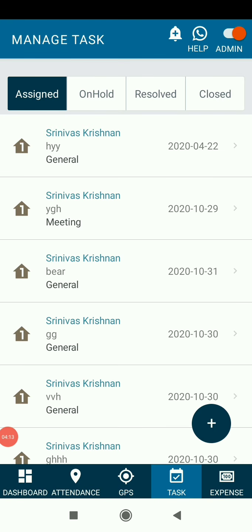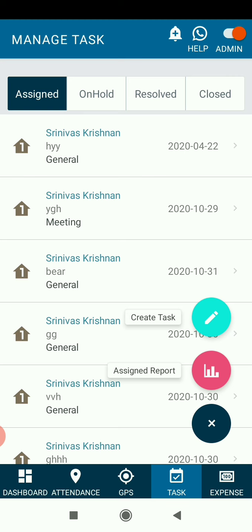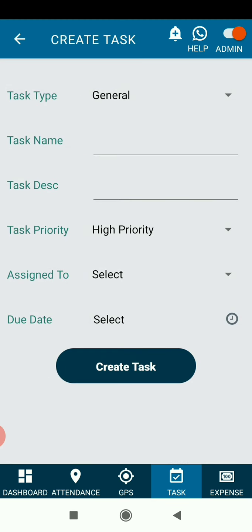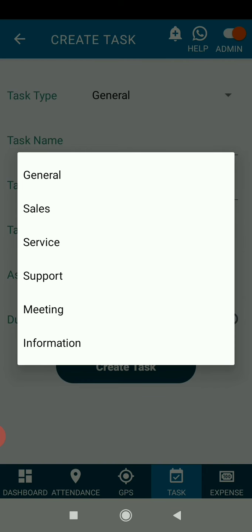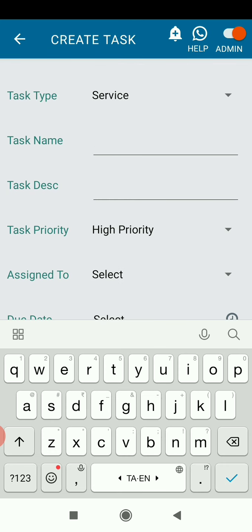Now we will see the task feature. As a manager, you can create a task and assign it to your employees. Let's see that. Okay, so just click on the plus button, create a task, select the task type, service, task name, task description, the priority.